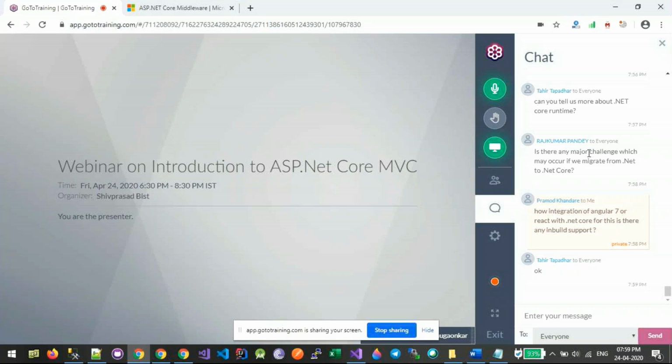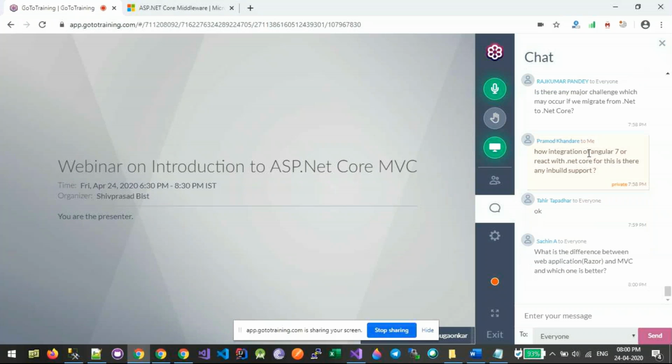But again, when we have a unified .NET framework from this November onwards, you will have to move to that framework. How about integration of Angular 7 or React with .NET Core for this? Is there any inbuilt support? Pramod, in case you want to use Angular or React or some other SPA technology, JavaScript library, you will have to use Web API as the backend and not ASP.NET MVC, because ASP.NET MVC themselves have views.